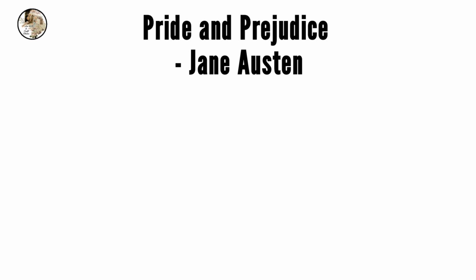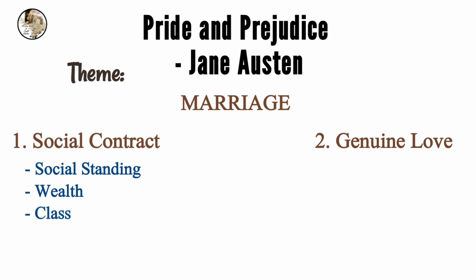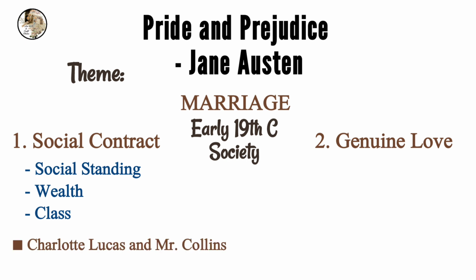Now, talking about the theme of the novel Pride and Prejudice, the novel discusses the theme of marriage, which portrays marriage as both a social contract and a realm of genuine love, where social standing, wealth, and class play significant roles in determining suitable matches, and all this reflects the societal norms of the early 19th century. The marriages of characters like Charlotte Lucas and Mr. Collins exemplify the pragmatic approach to marriage as a means of social and financial stability, which is devoid of love